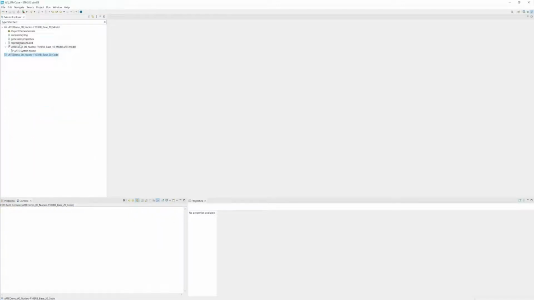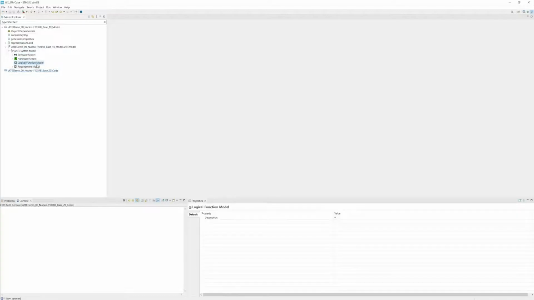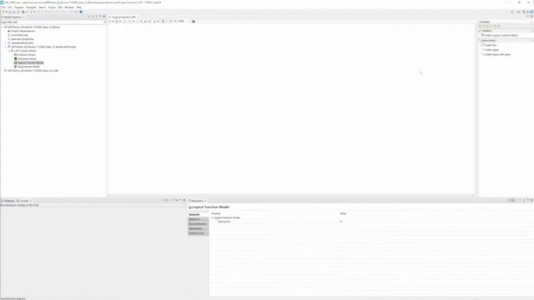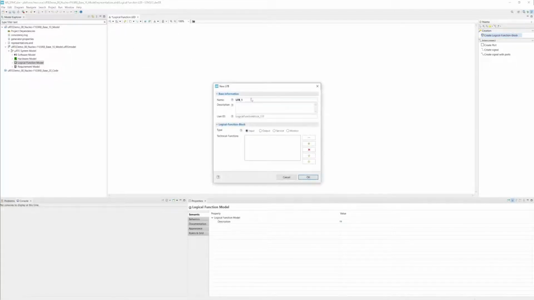And let's focus on the logical function model and the requirements model. I will now create the logical function model for our blinking LED. I'll first start with a new diagram for that, in which I will create the logical components out of which my system consists. So in this easy example, I might want to have a logical function block controller, for example,